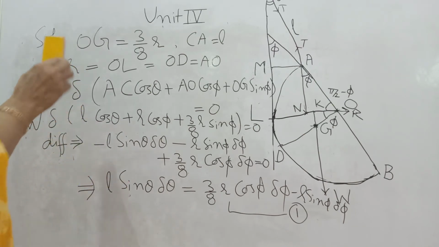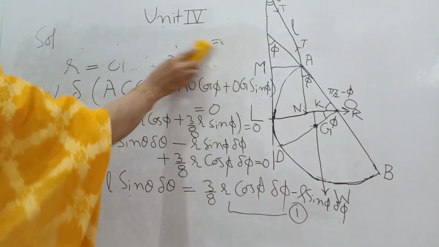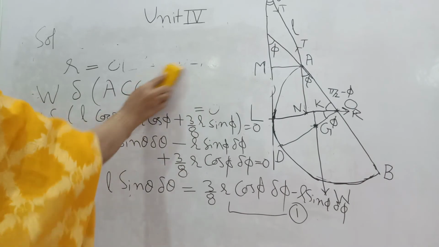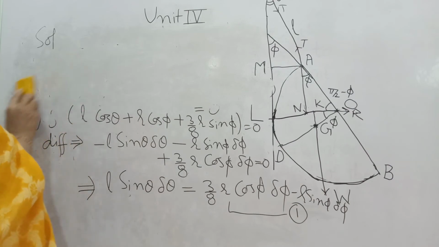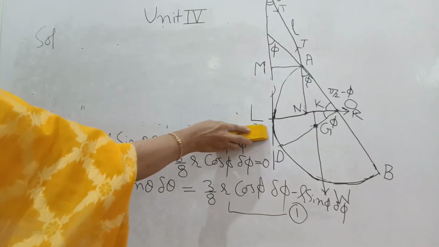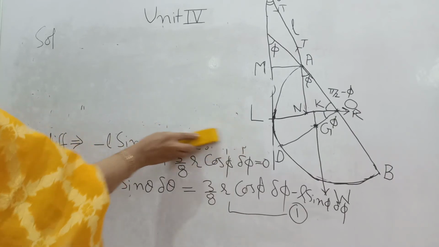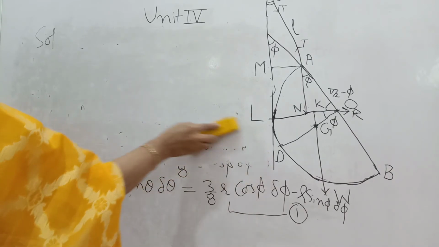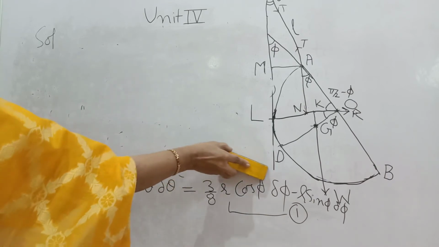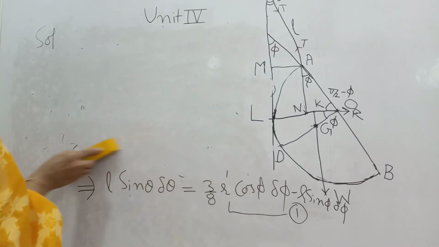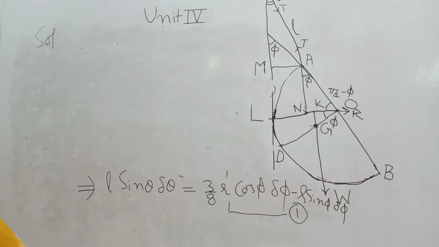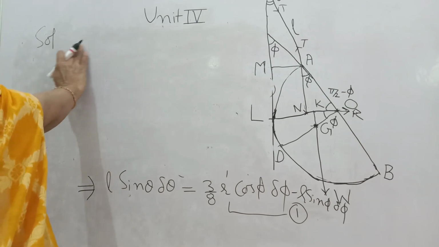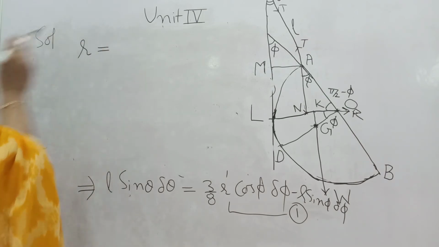So this is a question of 2 degrees of freedom. That means we have to find the value of delta theta in terms of delta phi, and we have to make it one variable. So how to get it? To get this, we calculate a common distance which can be calculated in terms of theta, which can be calculated in terms of phi as well. So that common distance is the radius of the hemisphere.